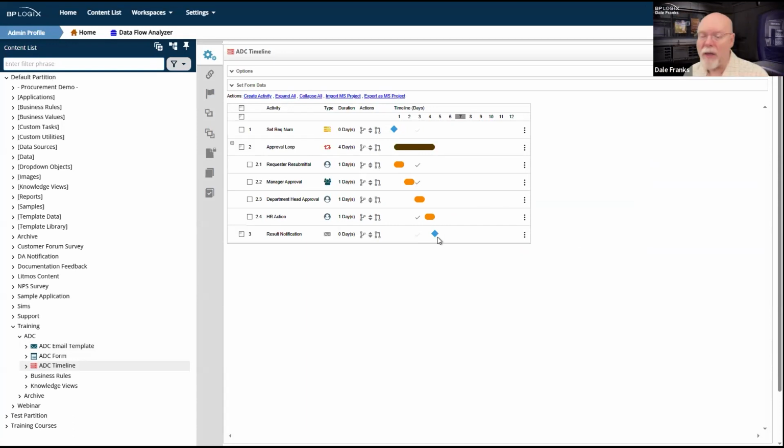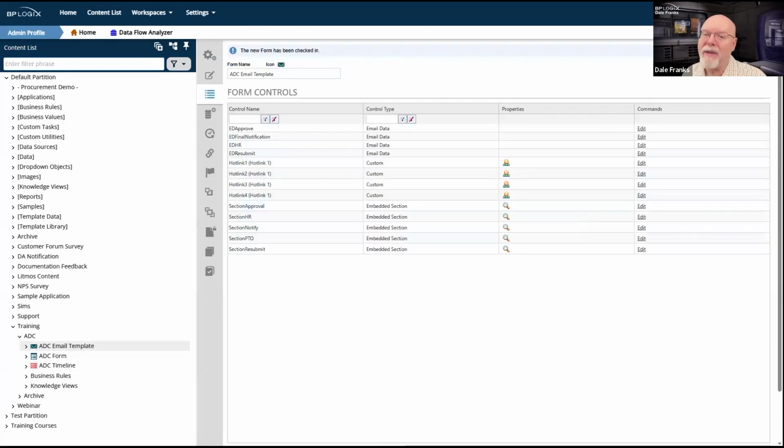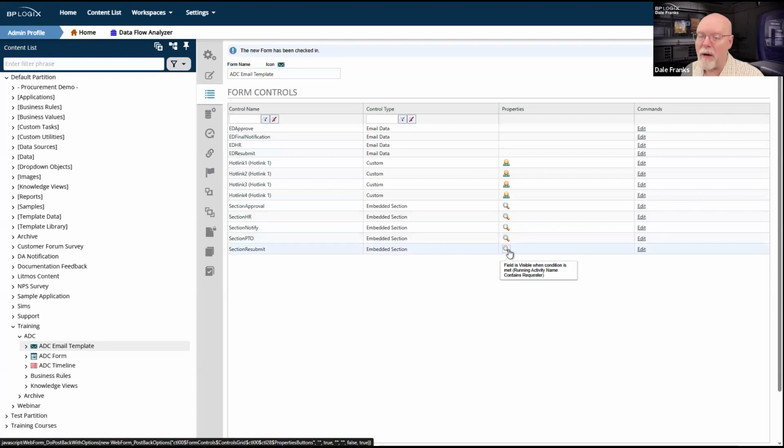There's nothing happening in parallel here. If I had two activities running in parallel, well, I'd have to get a lot more picky on these conditions. These conditions will work and are mutually exclusive because I have no parallel activities.